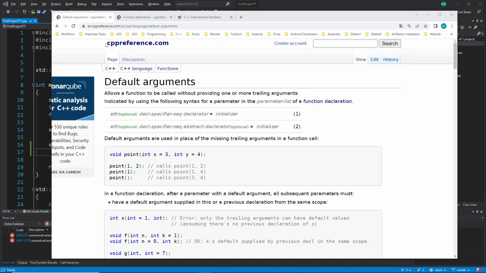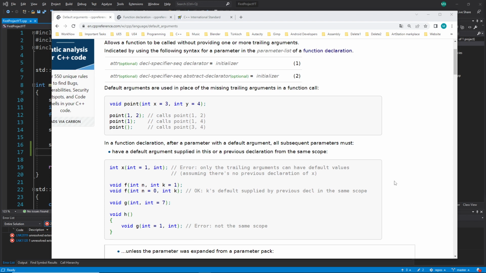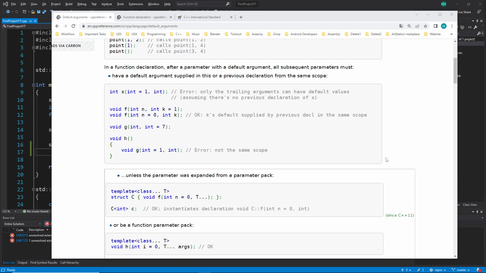For example, cppreference.com is a very good place for advanced people, not for beginners. Later, when you are a little more advanced, it will be a very good site.